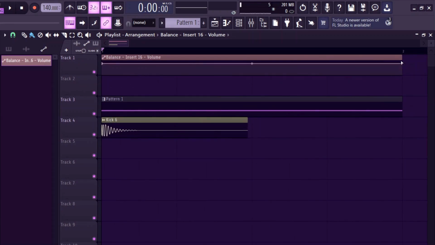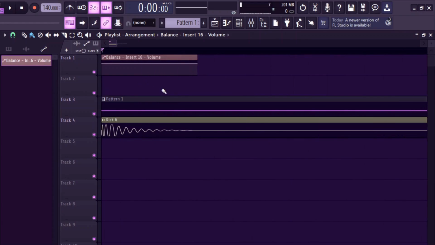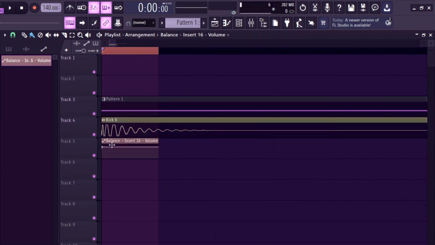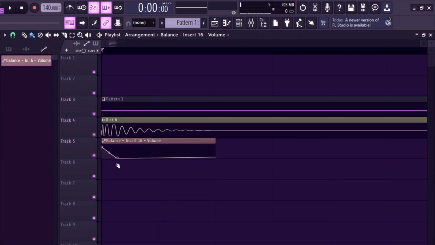So the sidechain should basically be like this, so that it covers the main part of the kick, right? So we don't really care about this tail. And the way I like to make this shape is somehow this way. Let me actually, because I haven't made music in a while, to be honest, because of my exams and stuff. It's been a while, so I've got to remember the shortcuts and everything. So I like to go with a shape like this. Maybe I could find a better shape,